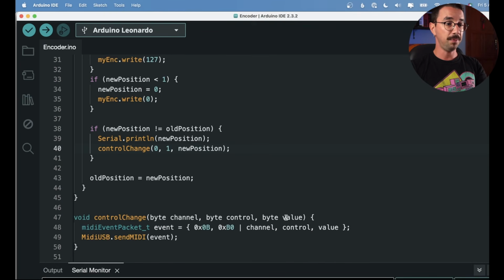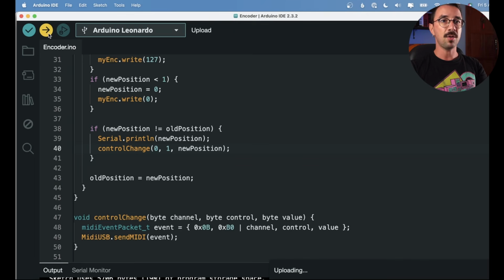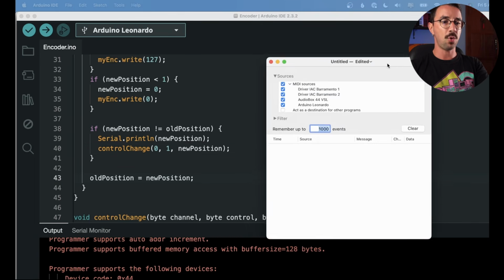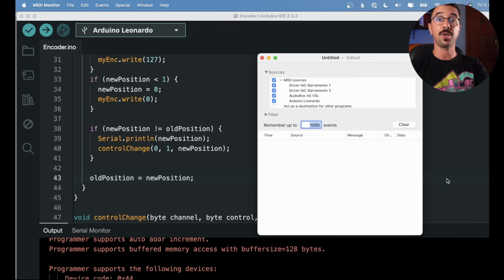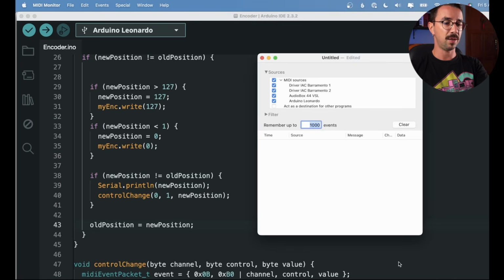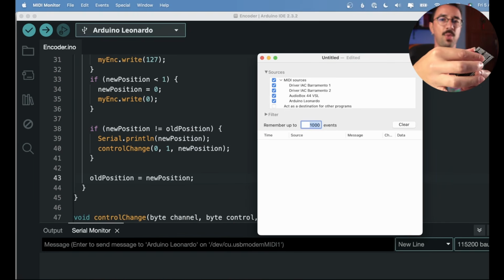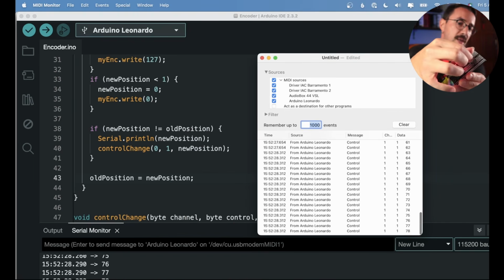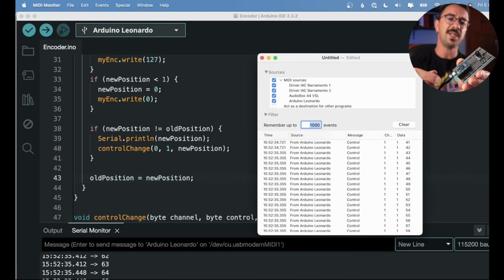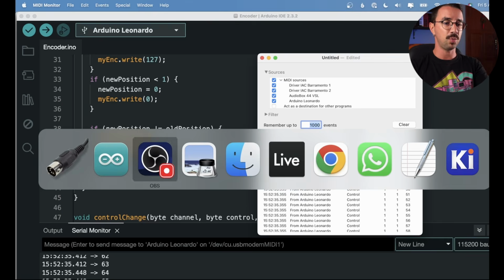Okay, so now if we upload this code, we should have a MIDI controller. I'm going to open MIDI Monitor here so I can monitor the incoming MIDI messages. Also, let's take a look here in the serial monitor. When I move clockwise, you can see that we are getting messages there. It's a little bit slow in the MIDI monitor, but let's take a look at what matters, which is